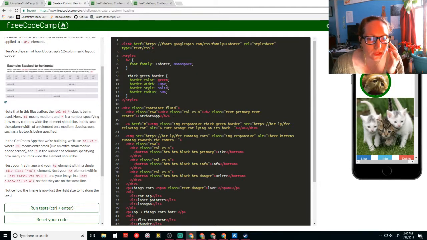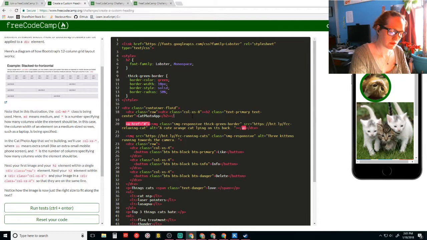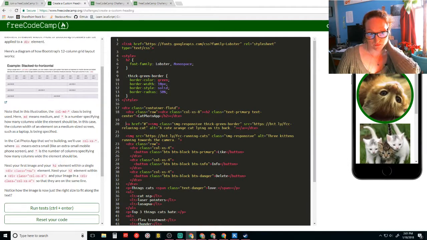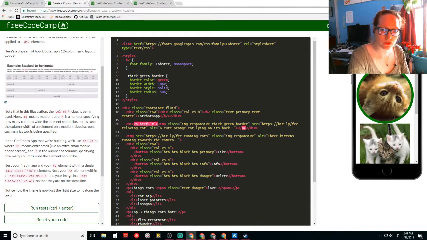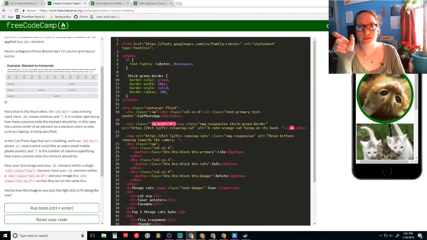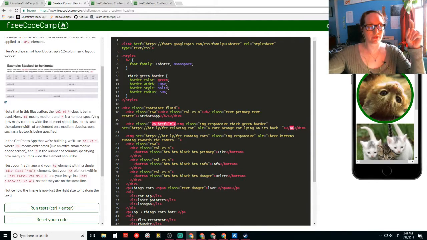And then the next one, we've got to close this div here. This one needs one too. It's important to put it in each one. Now I understand why, because each column could be separate, whereas if you define it for the entire row, then they all have to be the same width.